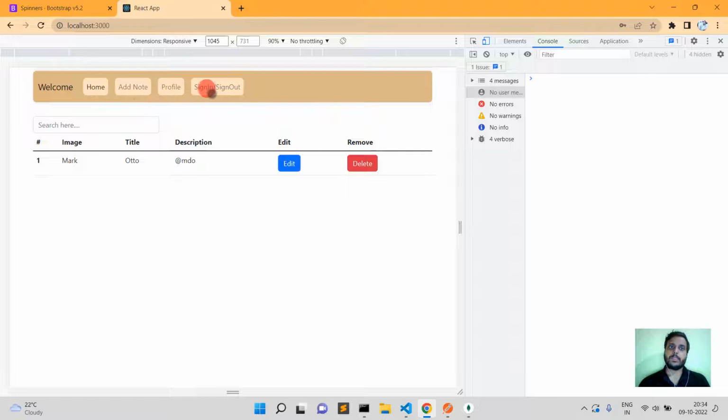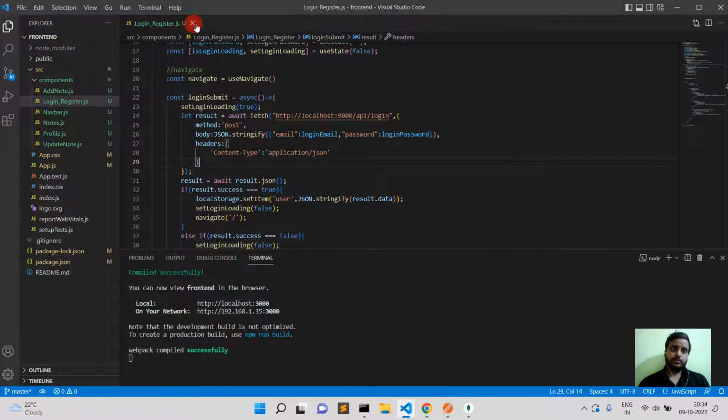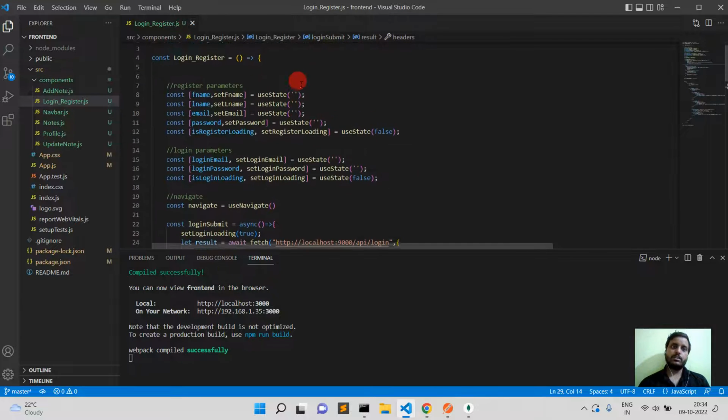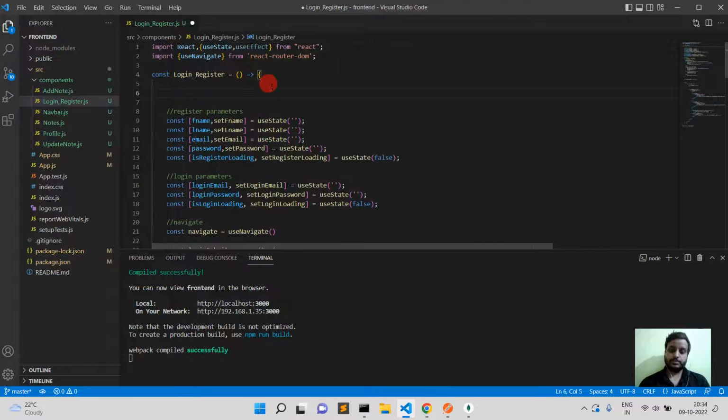So for this I'm going to add some validations. Firstly, in the login register section, after useState I will use useEffect. Inside useEffect,